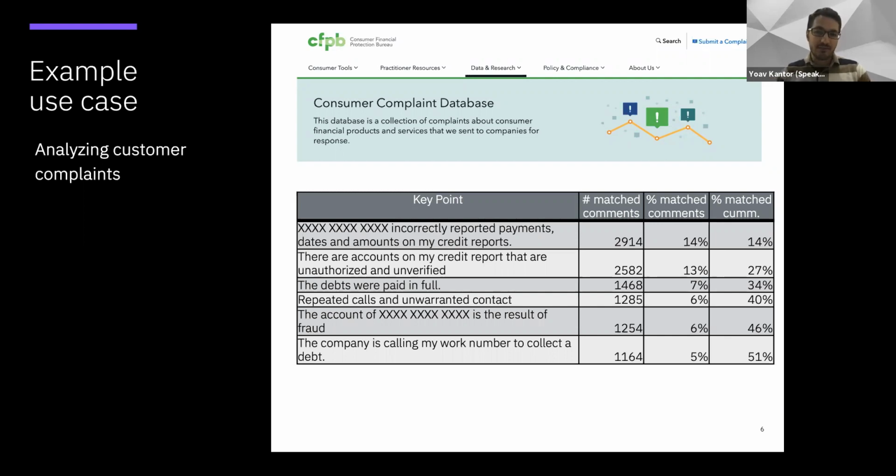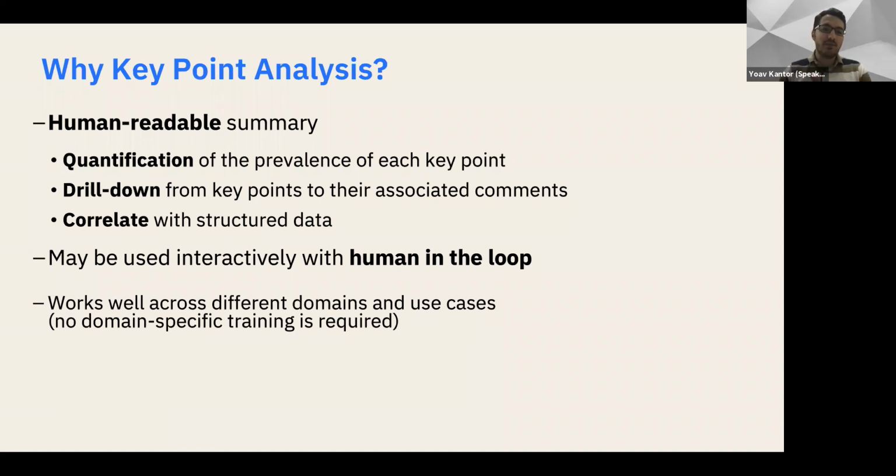increase the coverage. This summarization method has both a readable part, the key points themselves, where you can easily understand what people complain about, and a quantitative part, the number of matching sentences, which is also the salience of the key point. So why should we use key point analysis? Because it's human readable, but it also has the quantitative part. If we want to better understand a key point, we can also take a look at the sentences that match the key point and find different nuances in the data.